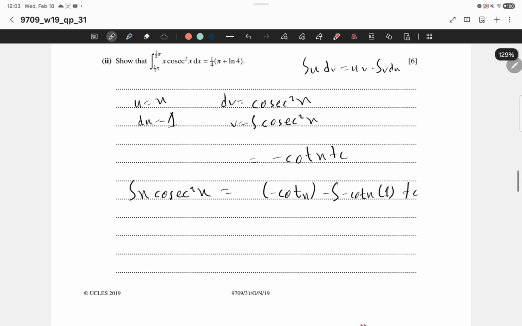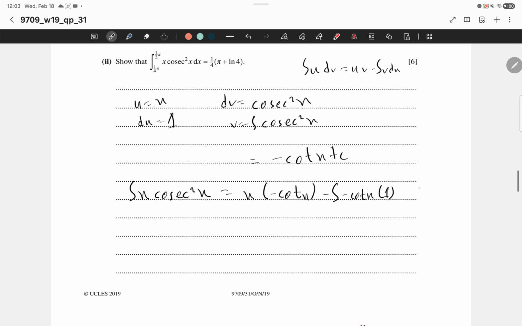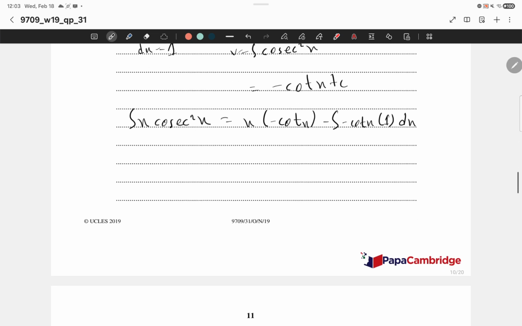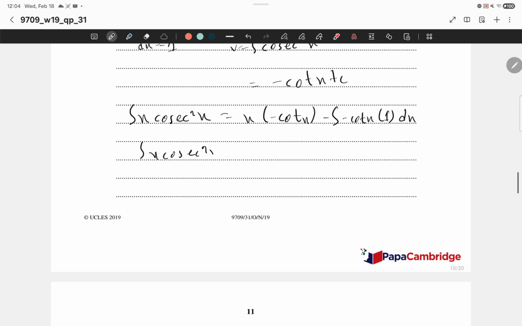If I made a mistake, u is actually x, so x negative, wait, yeah, fine. I don't think we need to write plus c right now since we're still doing integration. So it would be x cosec square x, negative x cot x minus plus, sorry if my integration looks weird, I meant sine cot x dx. Since the integral of cot x is long,